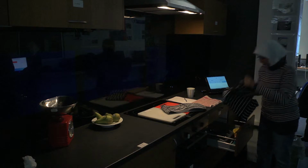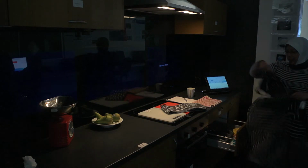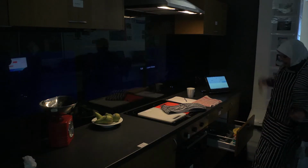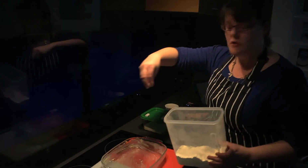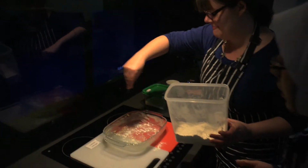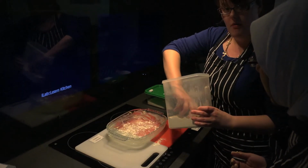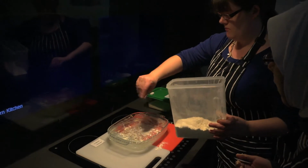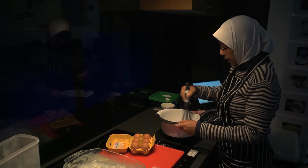When we were designing the task, we created step-by-step instructions of how to prepare the dish, together with relevant feedback. So the cooking task instructions were created in such a way as to target specific words. For example, nouns related to equipment or food, and also verbs related to cooking actions like to mix or to